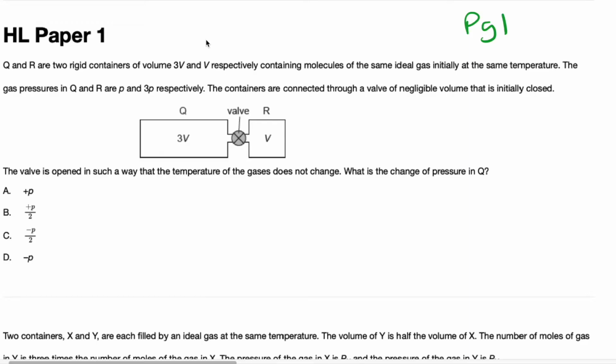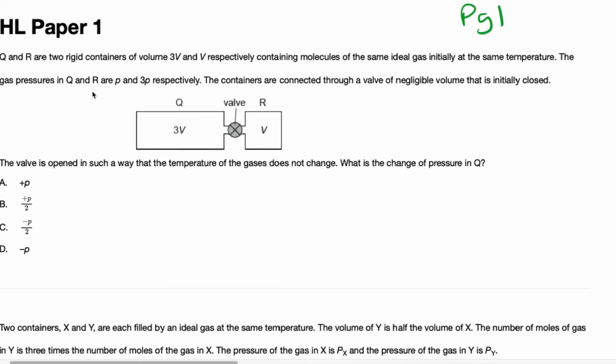In this video, we'll be focusing on solving IB Physics past problem for topic 3, thermal physics. So this is for HL student, paper 1 question. The first question says, Q and R are two rigid containers of volume 3V and V respectively, containing molecules of